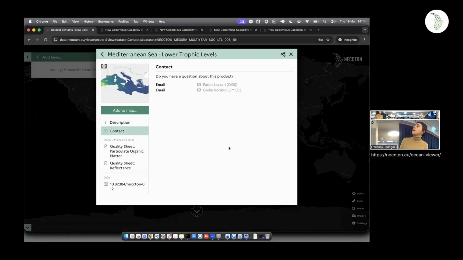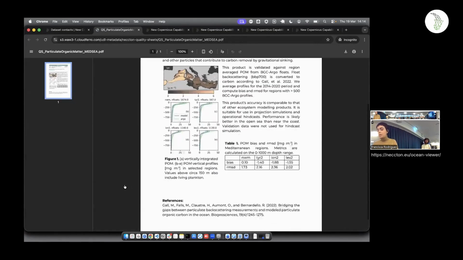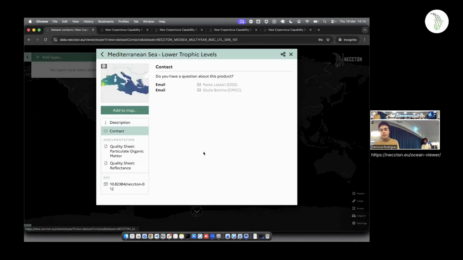the classification with some technical details for this product. You also have information about the contact people. There is a mapping between every data set and the organizations that are responsible for the data. And there is one contact person for each institute that collaborated in the data. You can also access the quality sheets just by clicking on it,